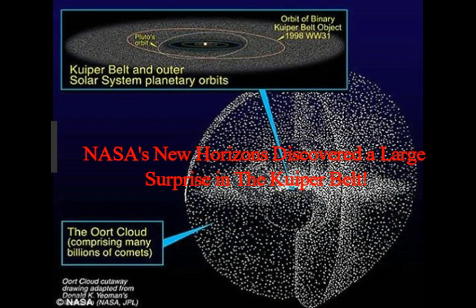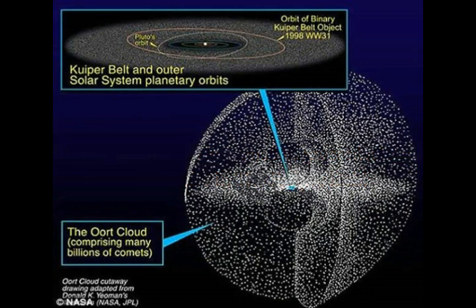NASA's New Horizons discovered a large surprise in the Kuiper belt of our solar system. There may be a lot more than we thought to the belt of icy debris that circles the outer solar system. Data from the New Horizons probe, as it sails serenely through the Kuiper belt, hints at unexpected levels of particles where dust ought to be thinning out, suggesting the donut-shaped field extends significantly farther from the Sun than previous